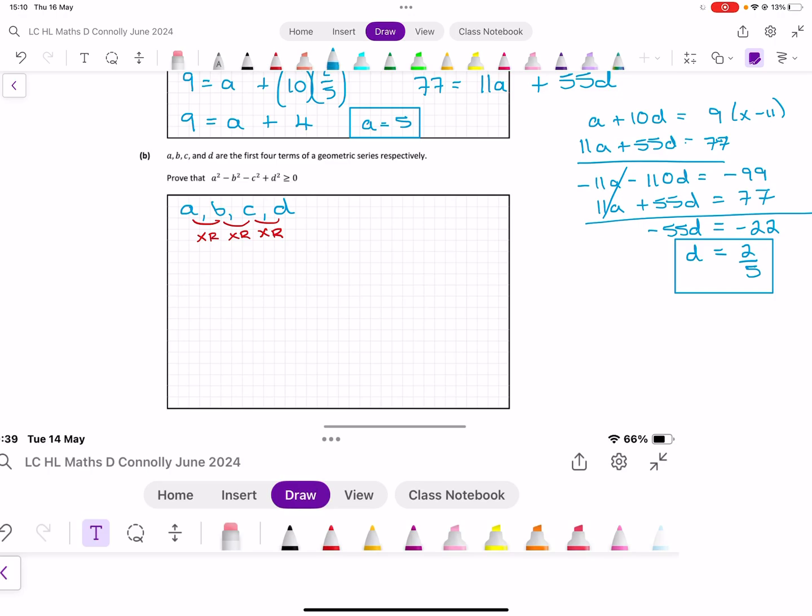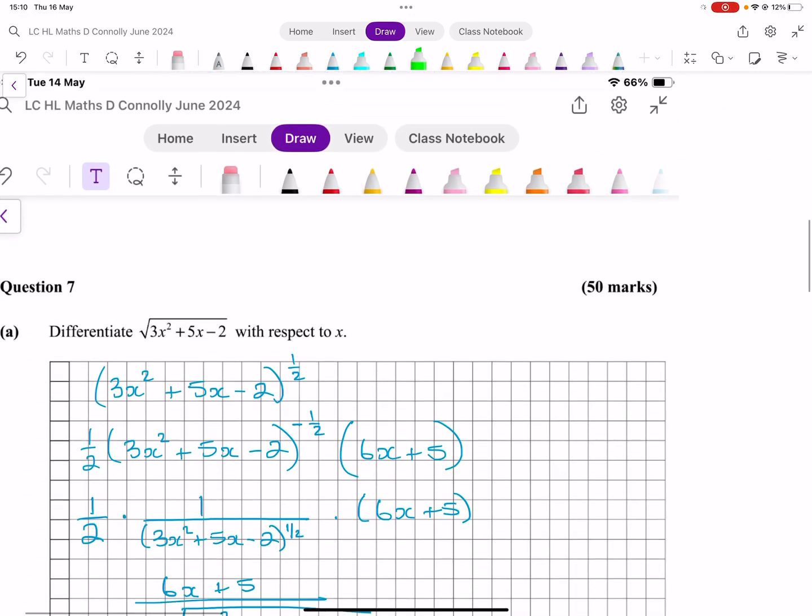So A is the first term. B is A multiplied by r. C is A multiplied by r, so it's A multiplied by r squared. And then D is A multiplied by r 3 times, so it's A r cubed. Okay, this thing here then